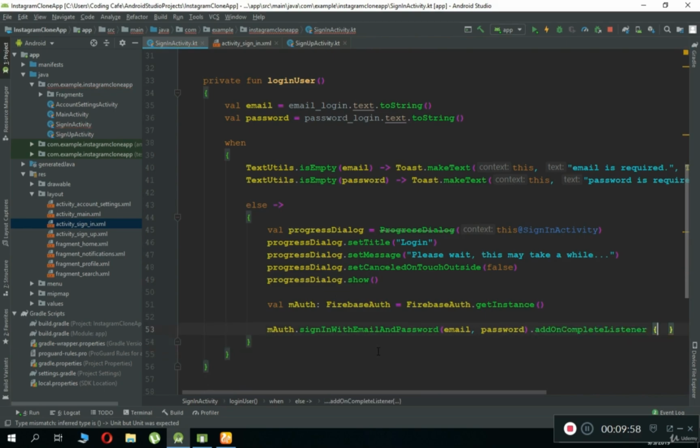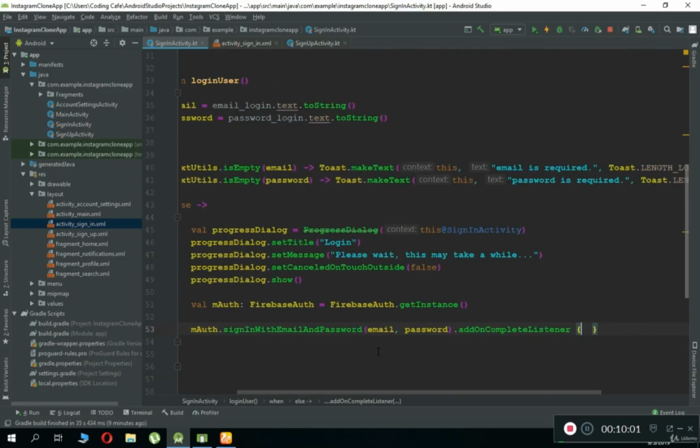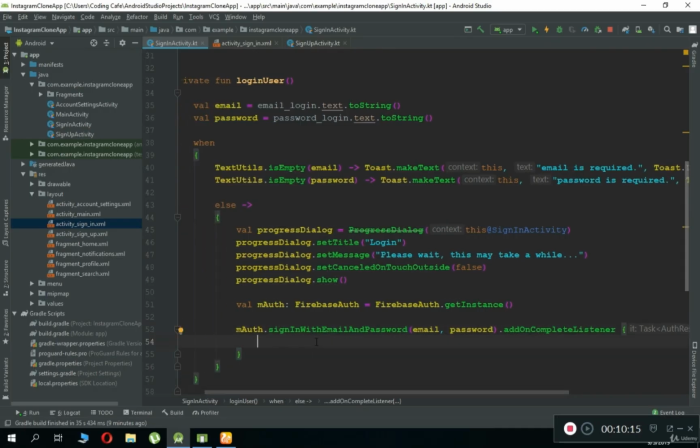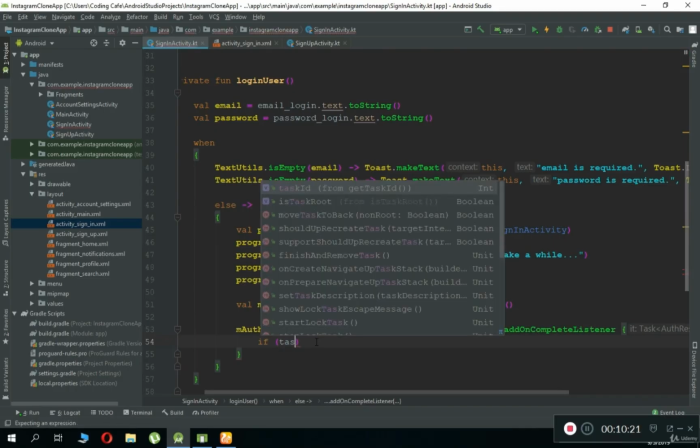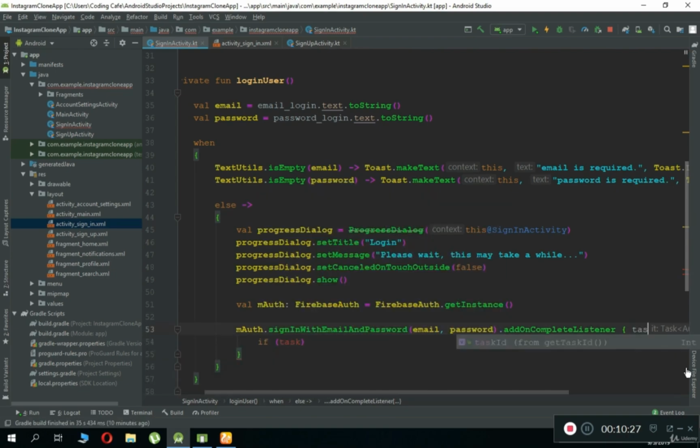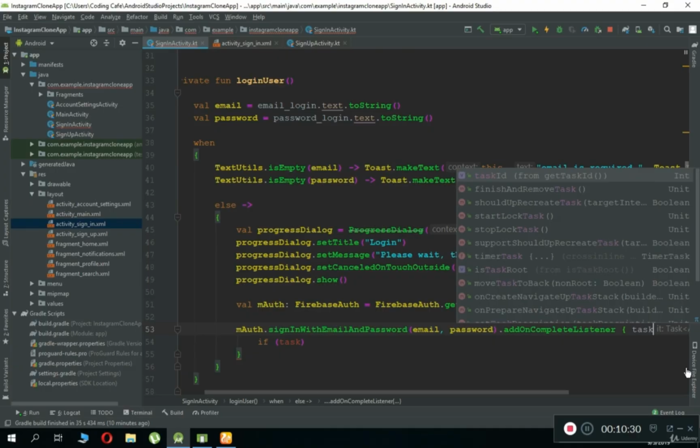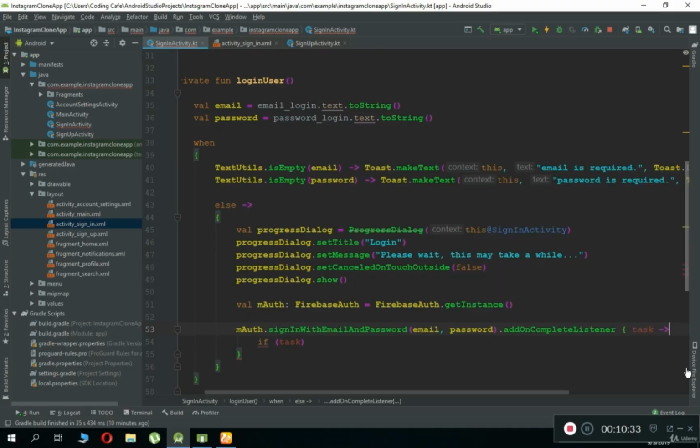So inside here, do not give extra space to this add on complete, okay? Just like this, because it will display an error. All you will need is just like this. These two curly braces must be in this style. Hope you understand this. And then in here, we can say if task. So here we forgot to write task. Okay, and then we can say if task dot is successful,